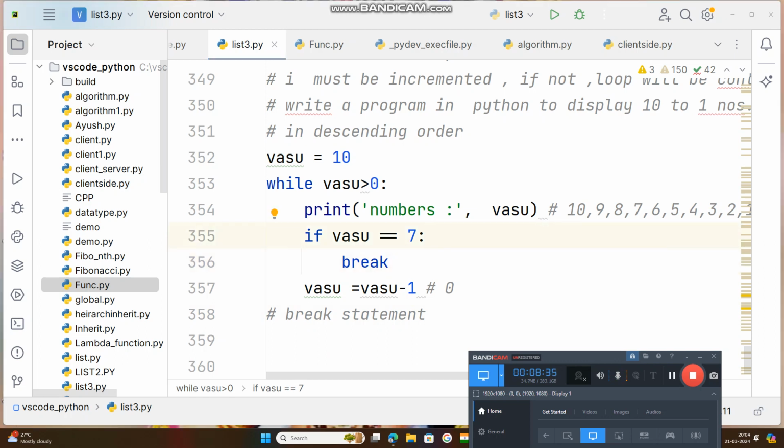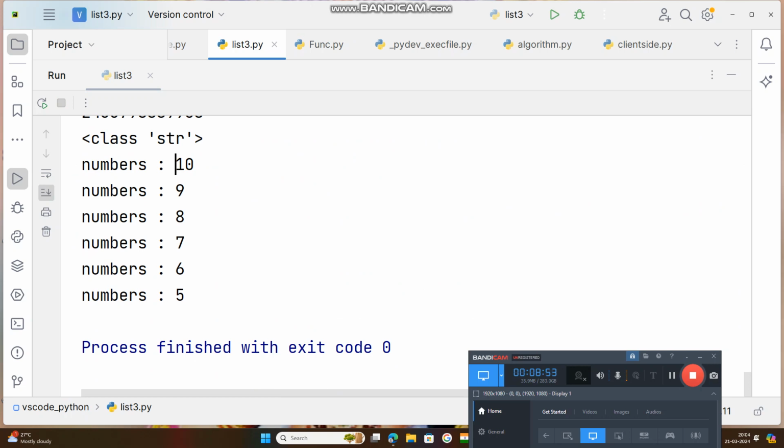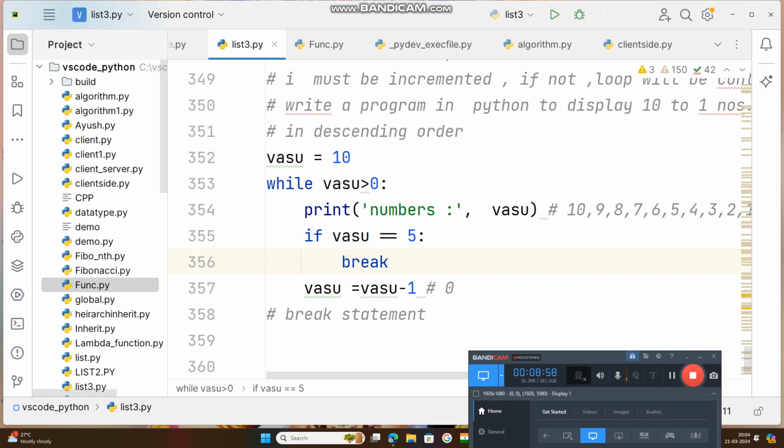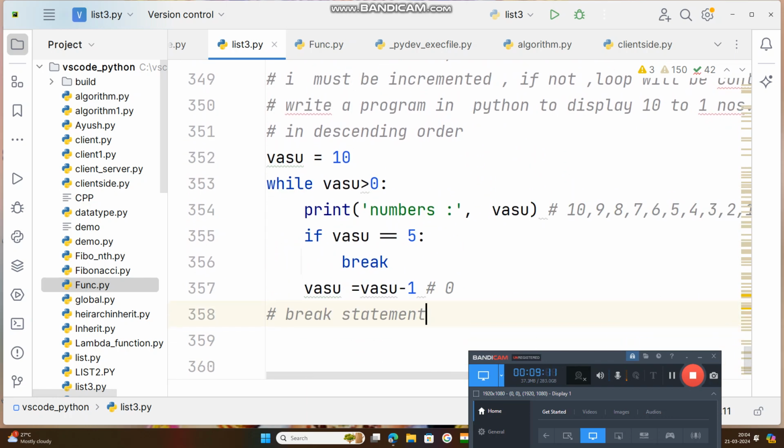If I want to take the break at 5, whenever the Vasu variable is equal to 5, 10 to 5 will be printed, then the break will be executed. So that is the break. We can implement break in a while loop. As I told you, while loop will be used